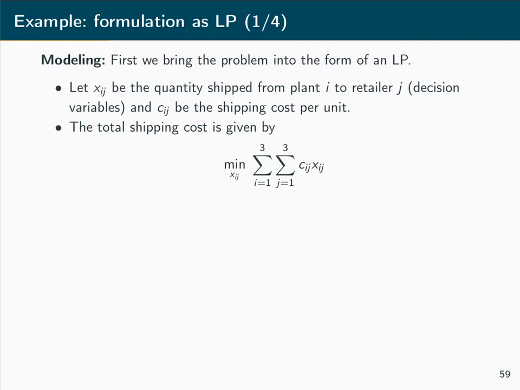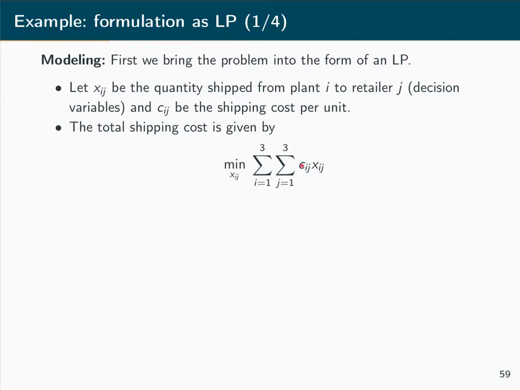So it's the decision variables, and the c_ij are, as defined on the previous slide, the shipping cost per unit of the product. So the total shipping costs that we incur is given by the sum over all plants i from 1 to 3